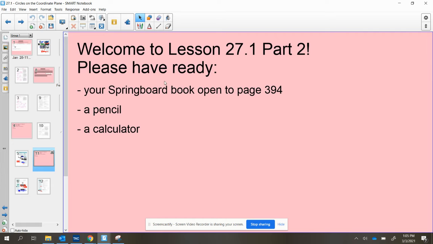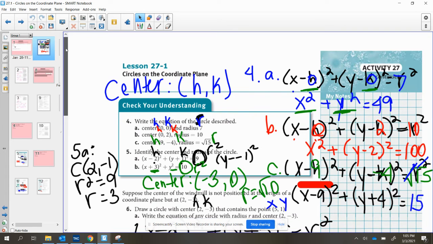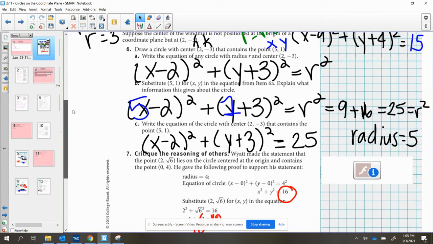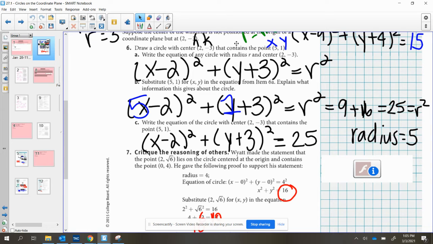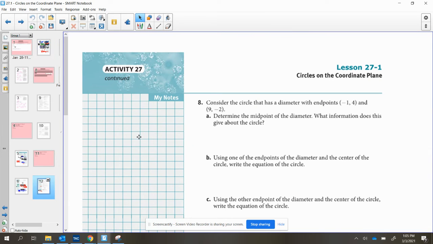Now, yesterday we left off talking about the equation of a circle when we are given the center and a point on the circle. And we talked about plugging in h and k and then plugging in that point x and y to help us figure out what the r squared value would be to ultimately find the equation of our circle. We're going to continue with that idea today on page 394